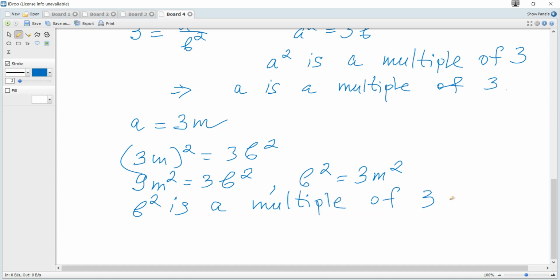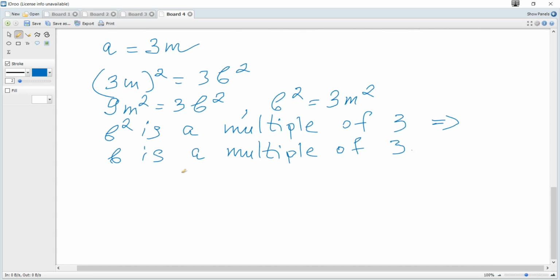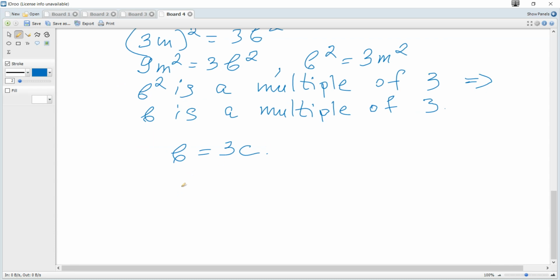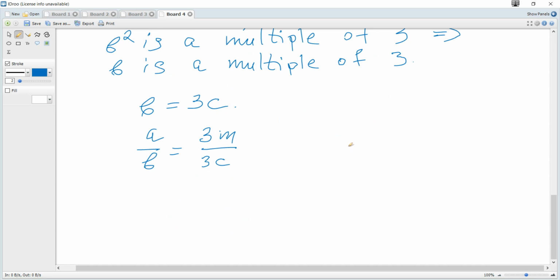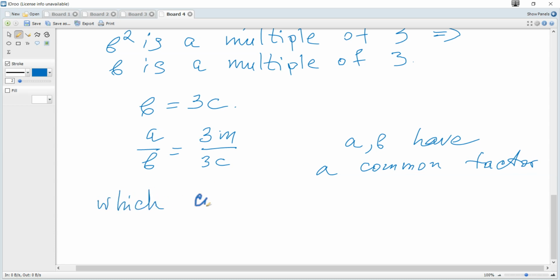of 3, hence b is a multiple of 3 and can be represented, for example, as 3c. Hence a over b becomes 3m over 3c, and now a and b have a common factor which contradicts